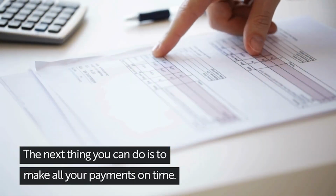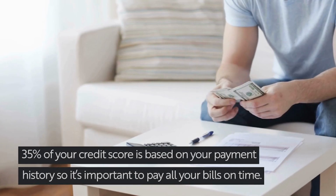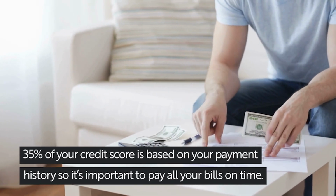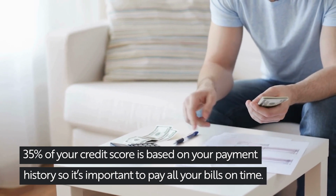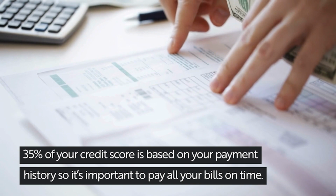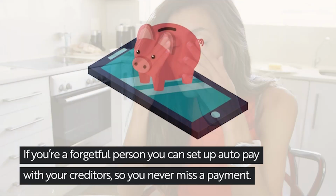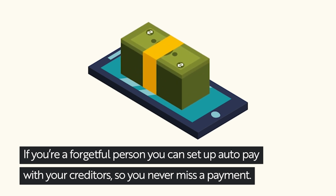The next thing you can do is to make all your payments on time. 35% of your credit score is based on your payment history, so it's important to pay all of your bills on time. If you're a forgetful person, you can set up auto pay with your creditors so you never miss